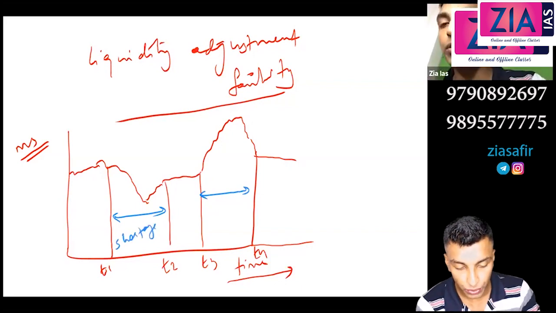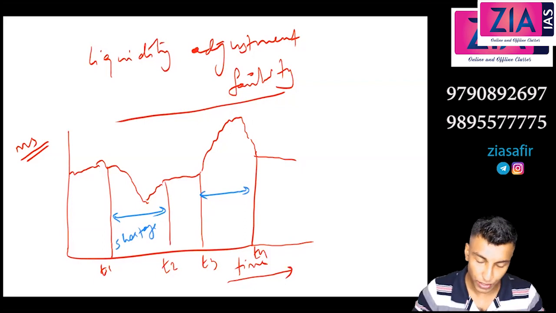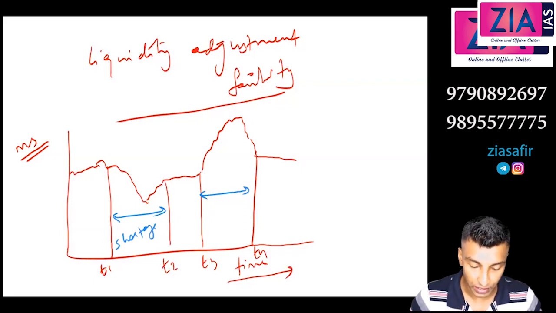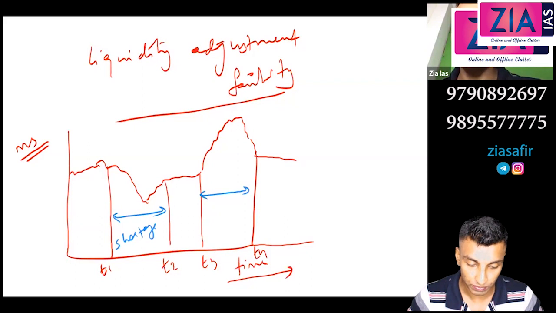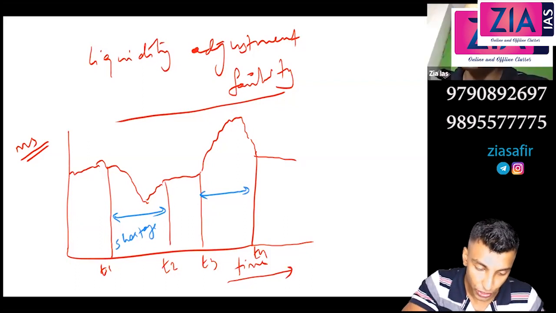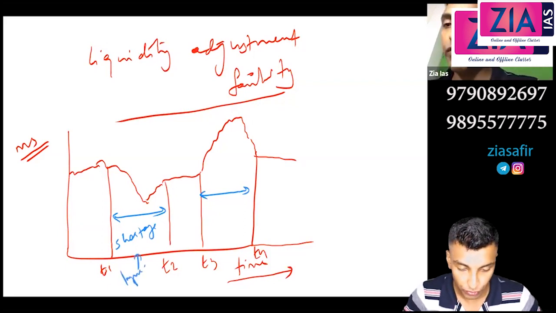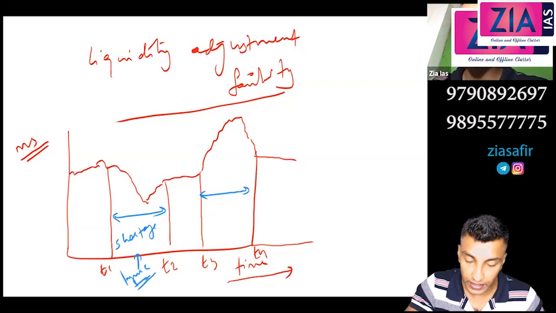So what does RBI need to do here? Reduce the CRR, SLR? Don't talk technically, you tell me. If shortage is there, what does RBI need to do? They have to increase the money supply. In shortage, RBI has to infuse money, right? So here, T3, T4,